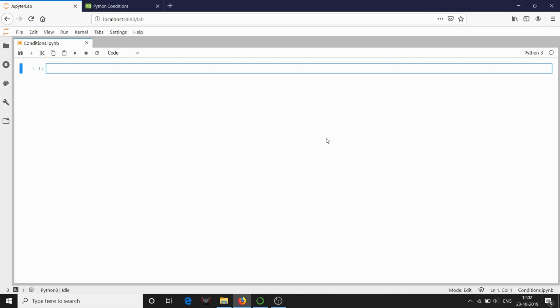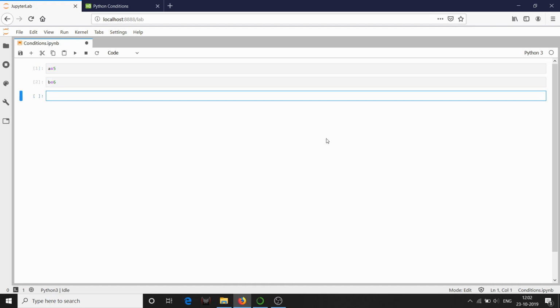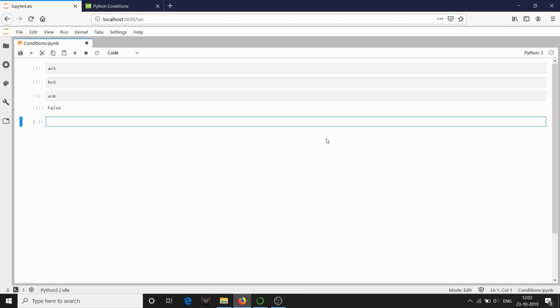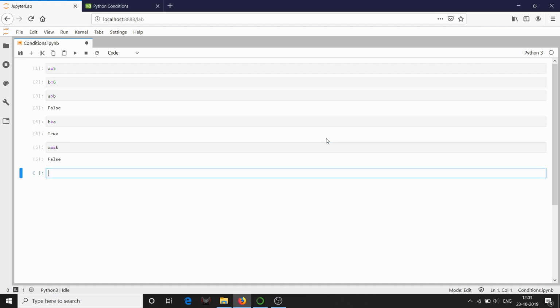For example, I am giving a equal to 5, b equal to 6. So let's check whether a greater than b. No, because a is 5 and b is 6. So it has returned me false. Now I am checking b greater than a. Yes, it is true. Now I am checking whether a is equal to b. No, it is false. So based on these conditions, we can know whether a given statement is true or false